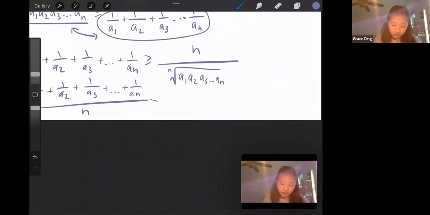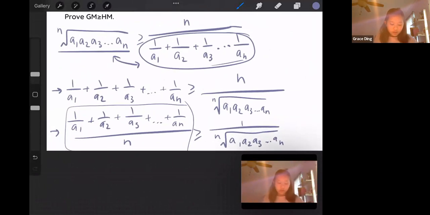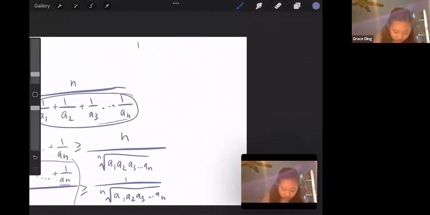Divided by n, and you're basically left with the reciprocal of the geometric mean. Okay, so let's look at just this left side for a second. If we treat each of these reciprocals as a term in AMGM, we should get that all of them add together,